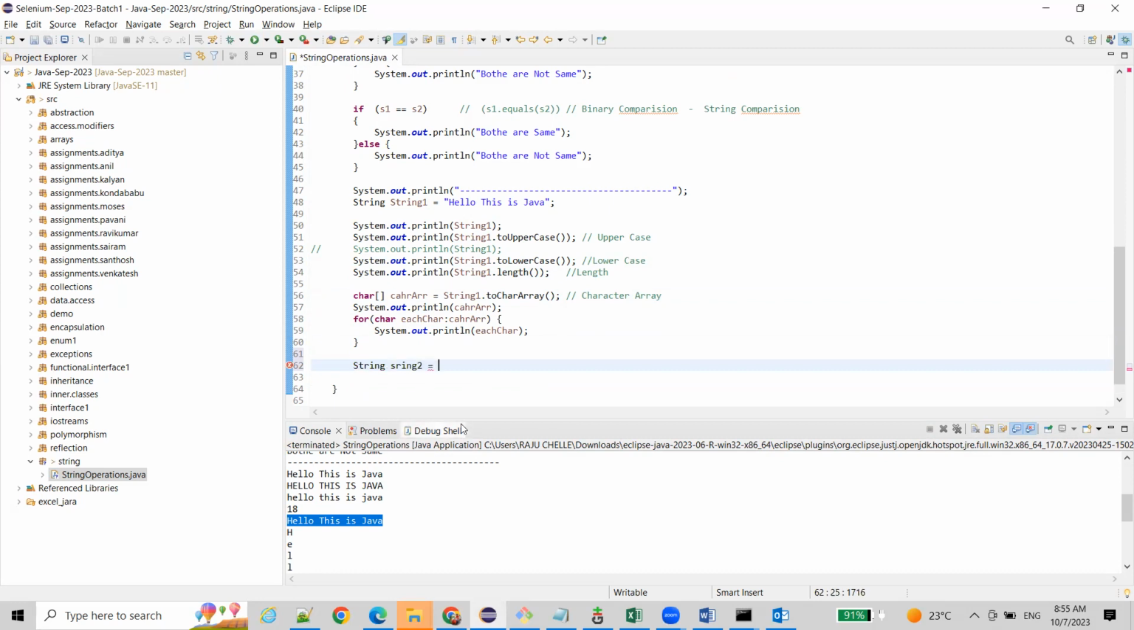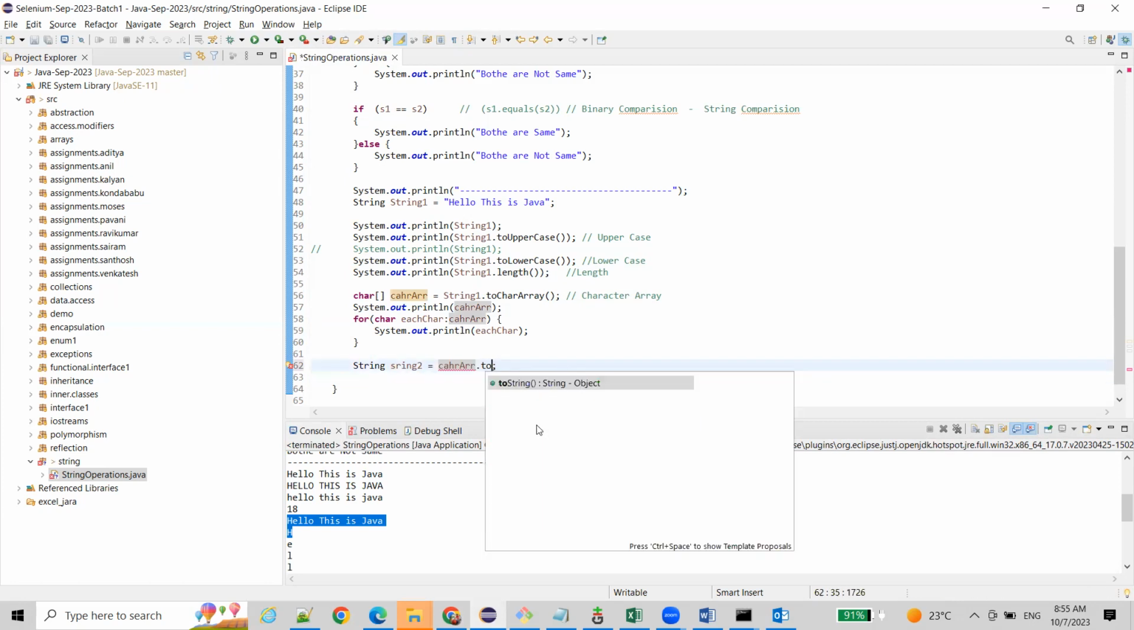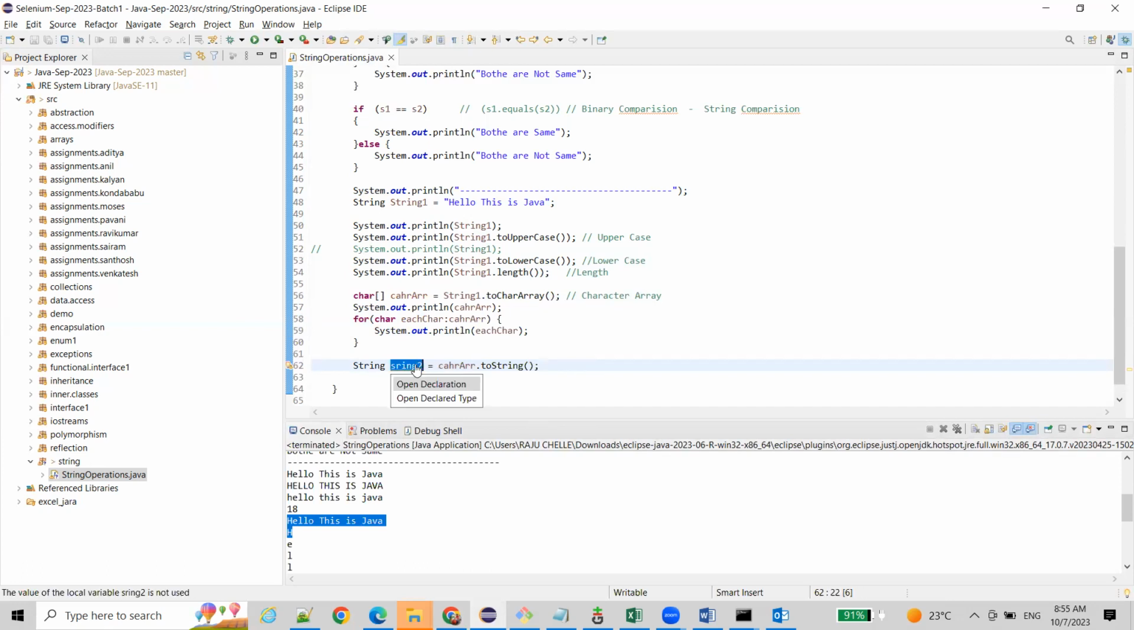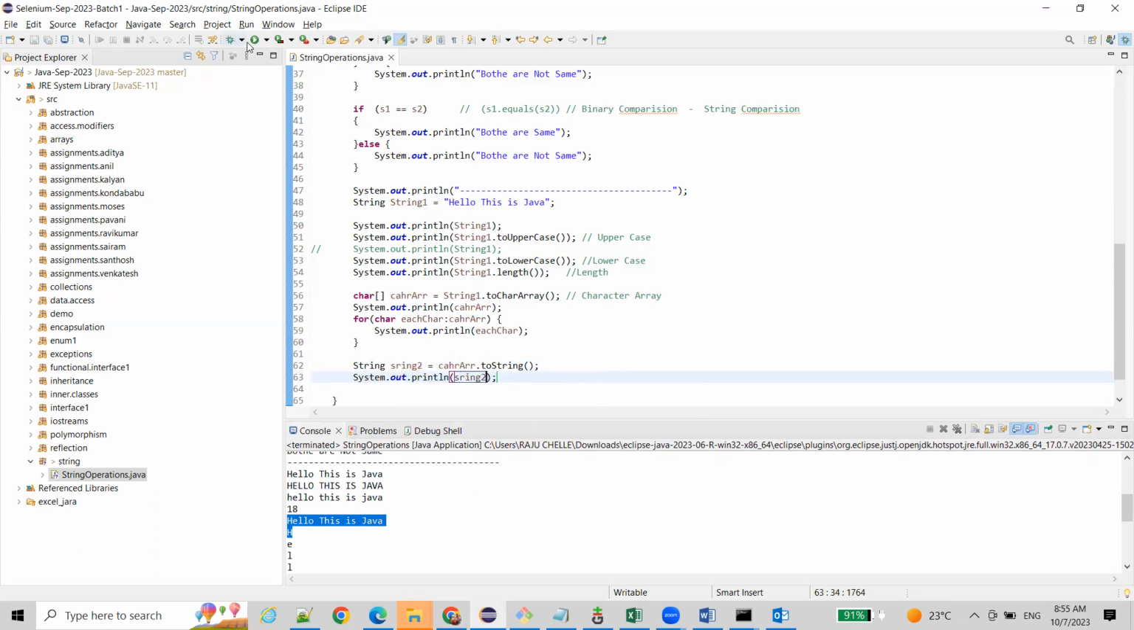String 2 equals to, can I add it directly to the string? No, you cannot. Even though it is printing all characters at a time, it is still not allowing you to store it into the string. How can you convert this character array to a string? Simply you can use the toString method. Now you can store it. If you print string 2,